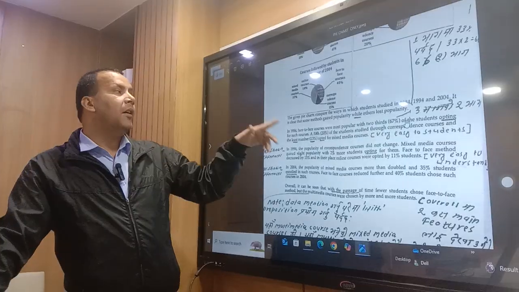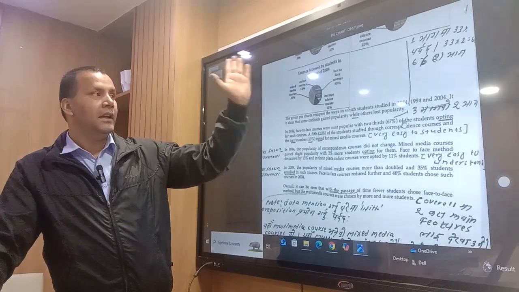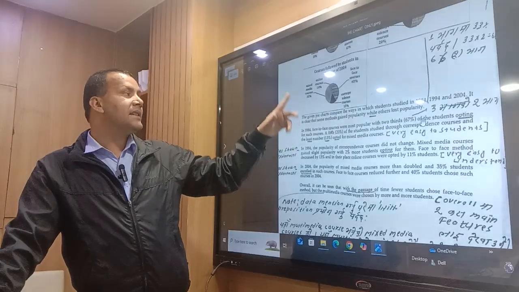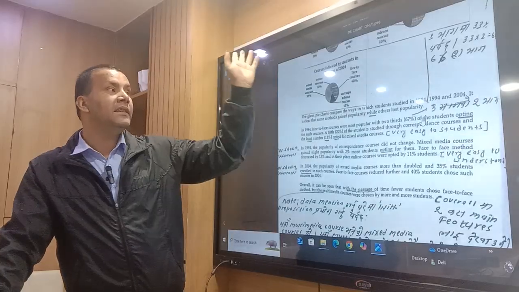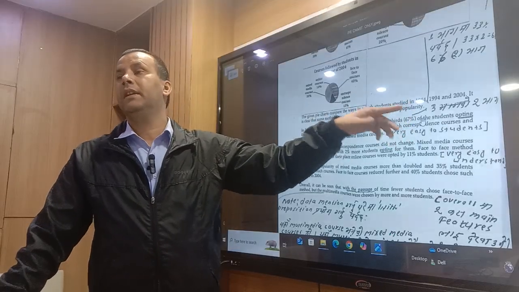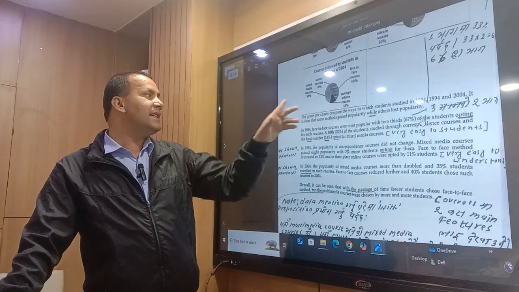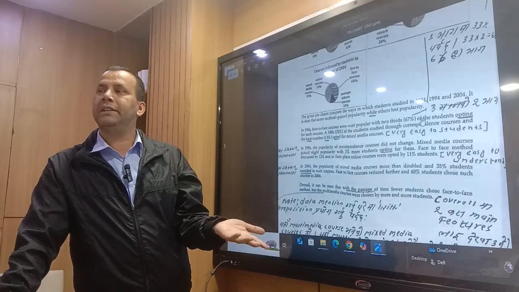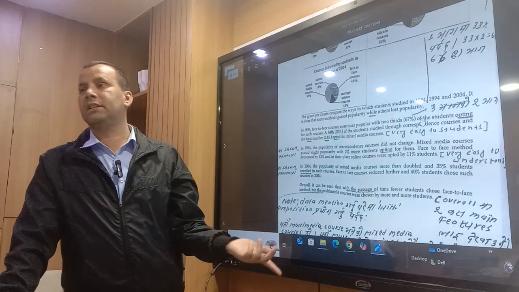Given pie charts compare the ways in which students studied in 1984, 1994, and 2004. Here the given pie charts show a comparison of the ways in which students studied in three different years, namely 1984, 1994 and 2005. In this way also you can write. See here, it is clear that, or you can write, it is interesting to see that. It is obvious that some methods gained popularity while others lost popularity.